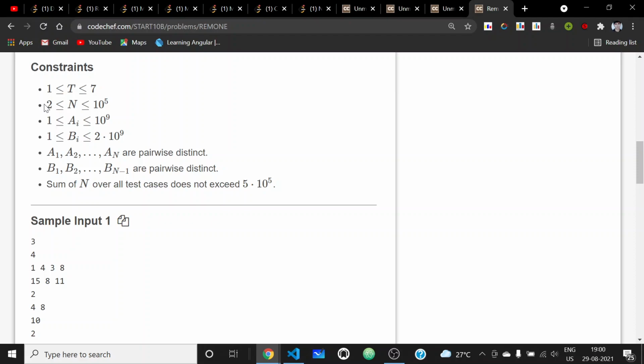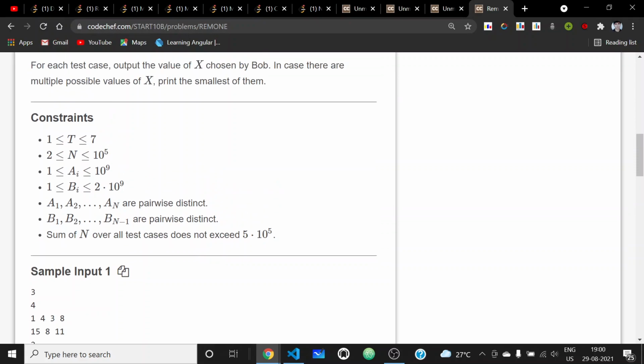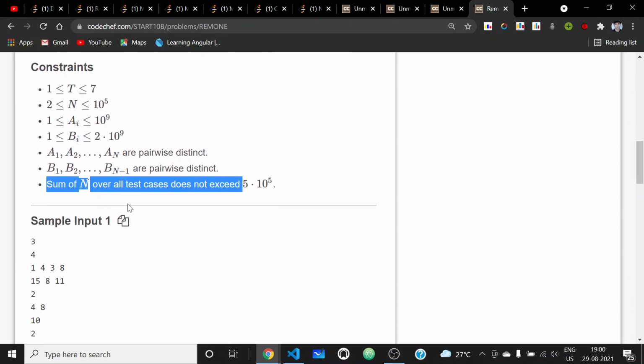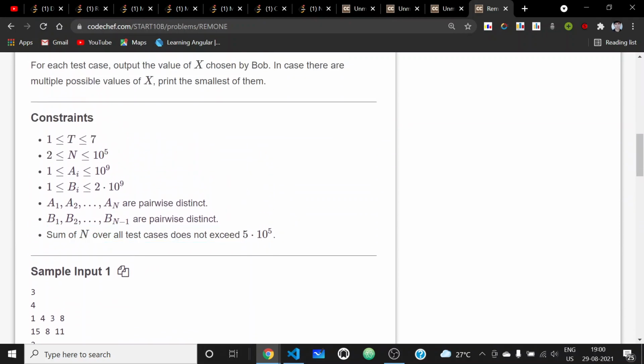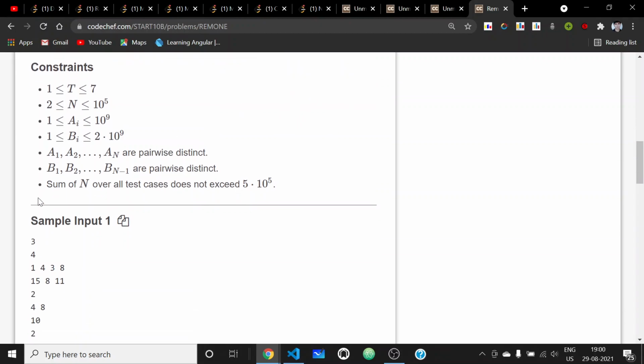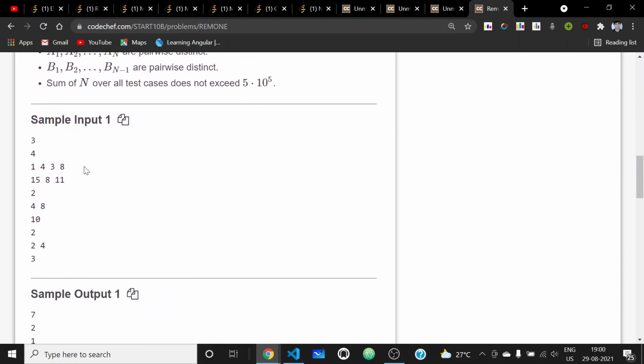So seeing the constraints, we can see that n is less than or equal to 10 to the power 5. So an n log n or order n solution will be able to pass the test cases. And we can't use any order n squared solution here. If an order n squared solution were allowed, it would be very easy to consider all the possibilities of the number that was not taken, and subtract it to check whether these n minus 1 elements were possible or not. So let us take a look at the example.